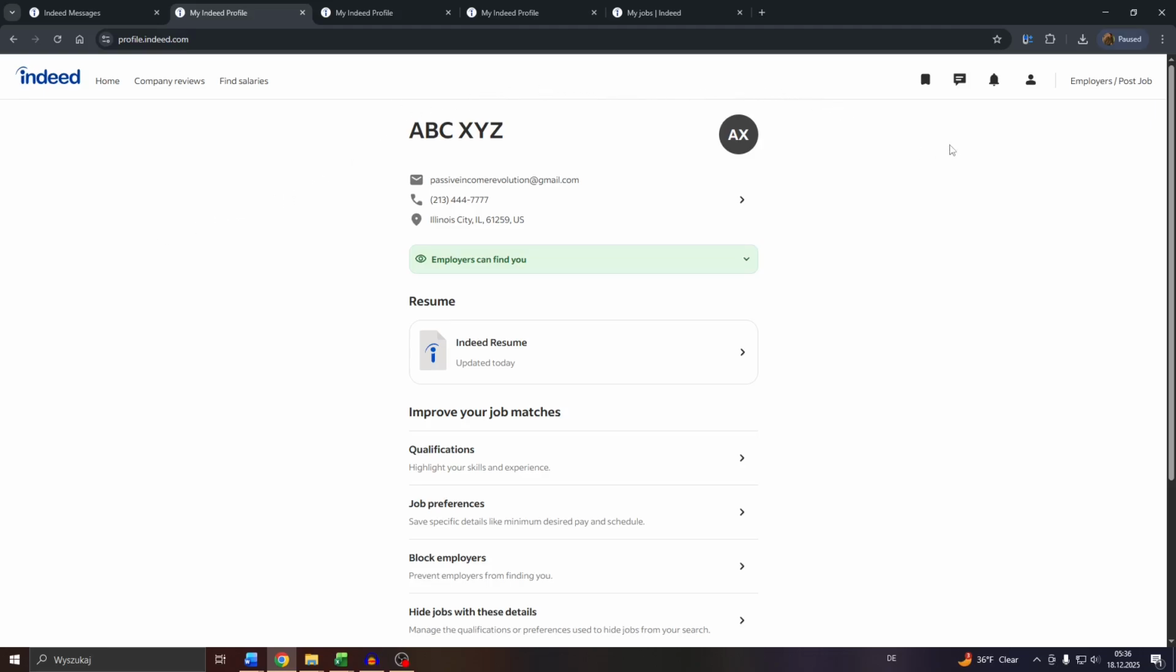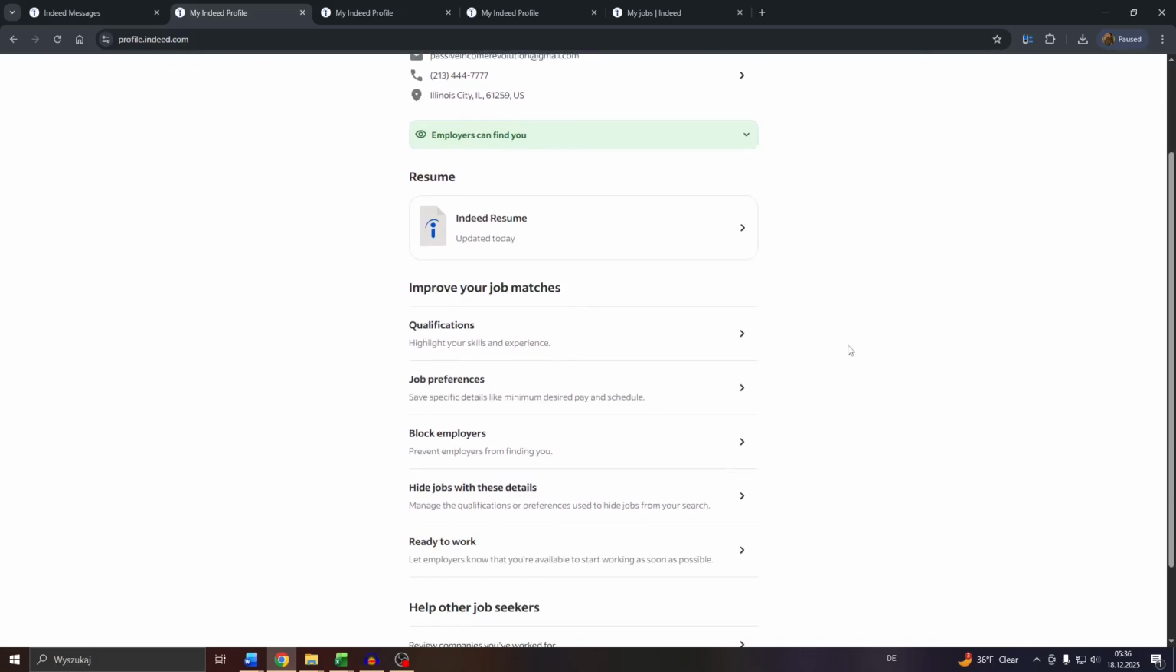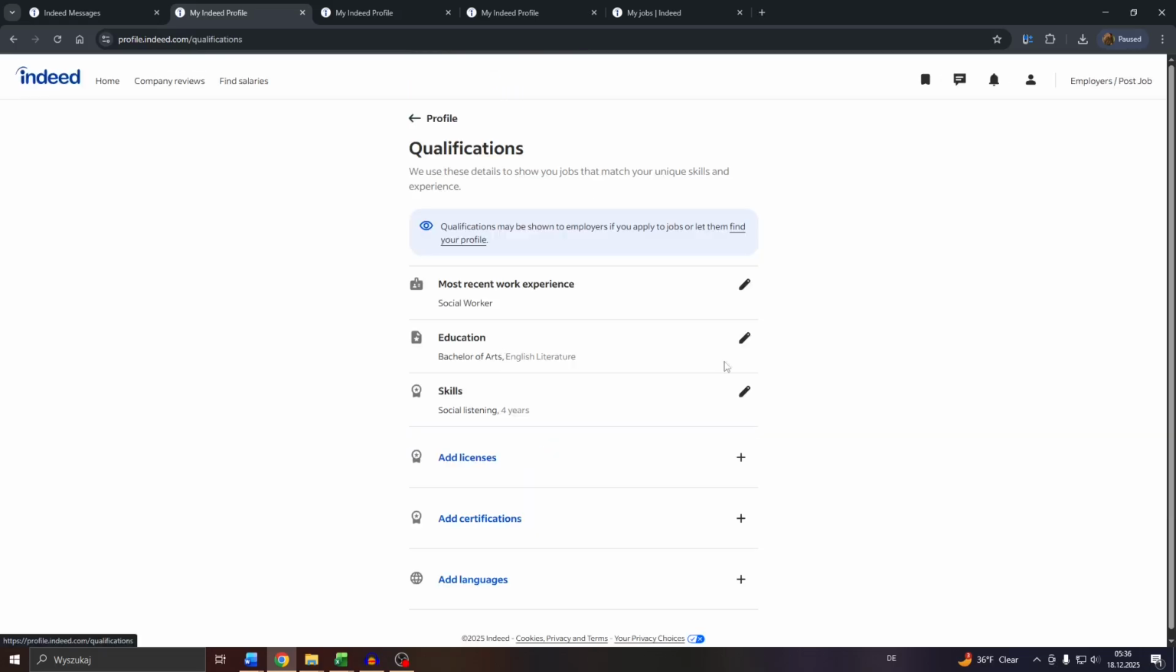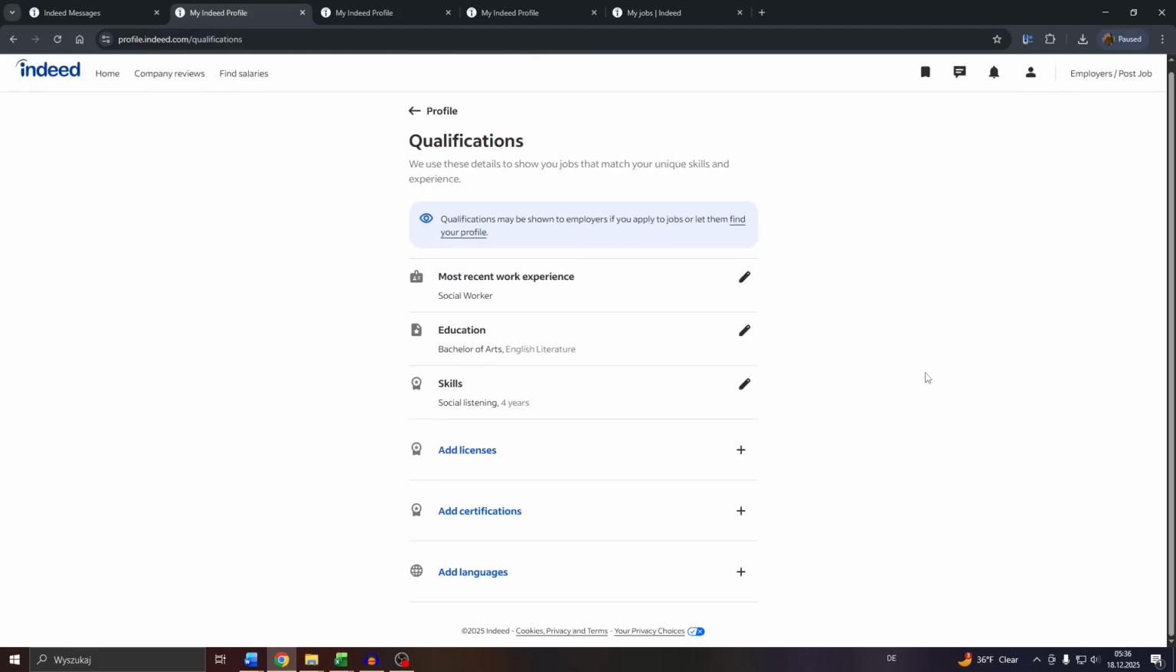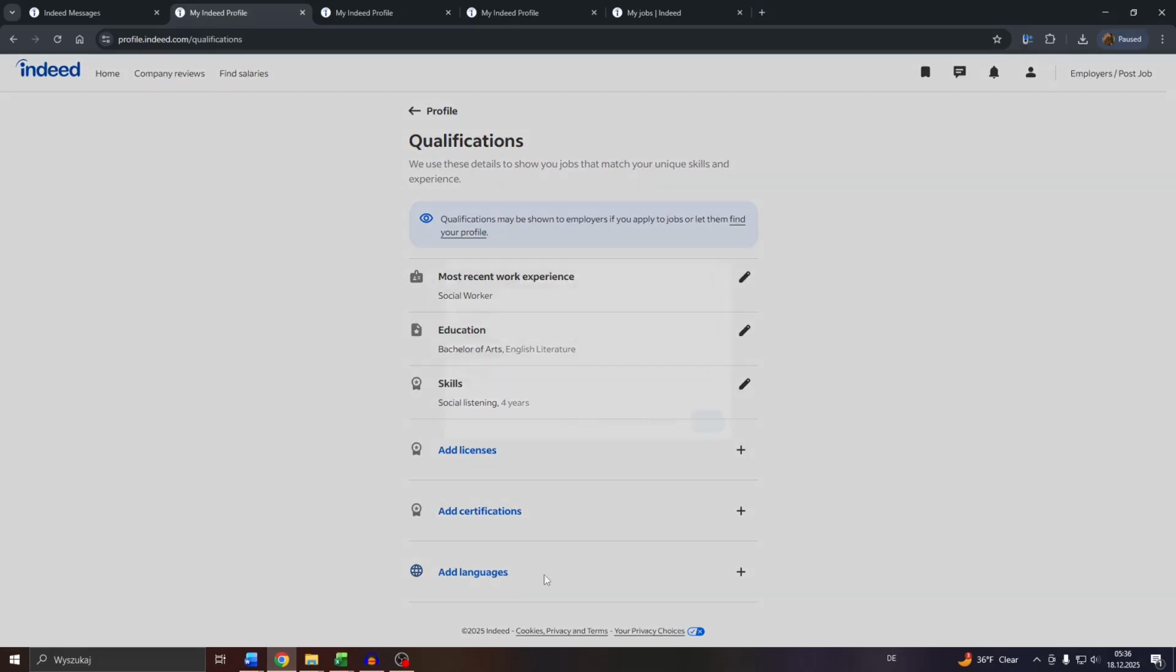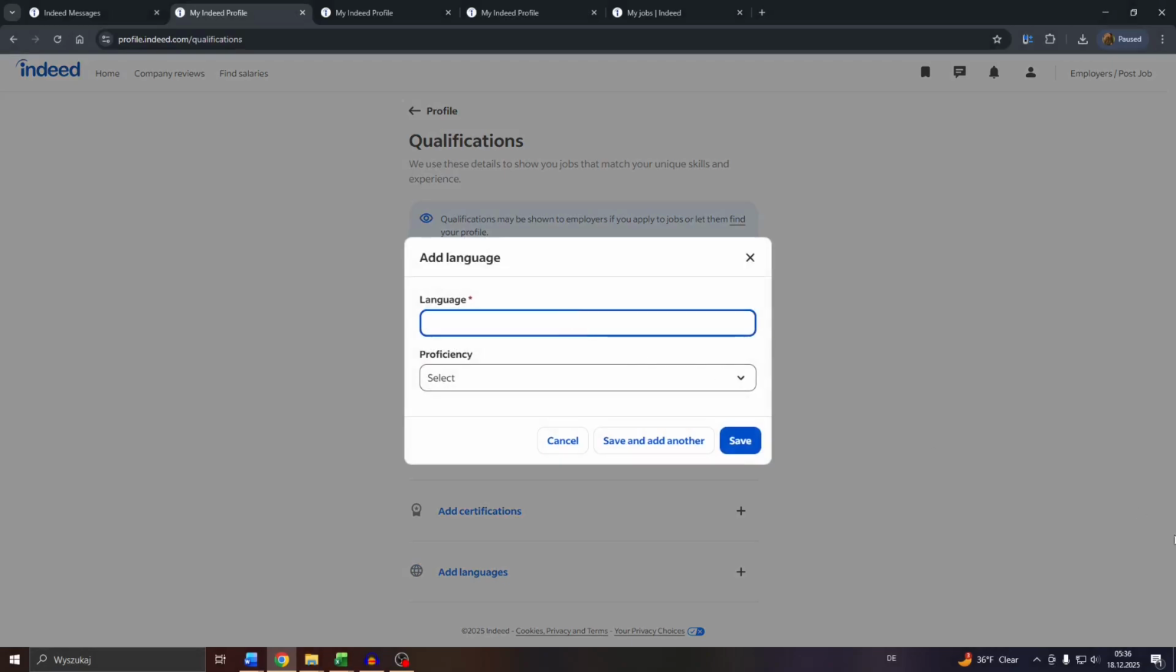Head over to Indeed.com, log into your account and click on your profile icon in the top right and select, let me find the profile here at the top of that menu. So here, next on your profile overview, click into qualifications, and here at the very bottom you will see this option, add languages. Click into it or into that plus button here and select the languages you speak on fluent